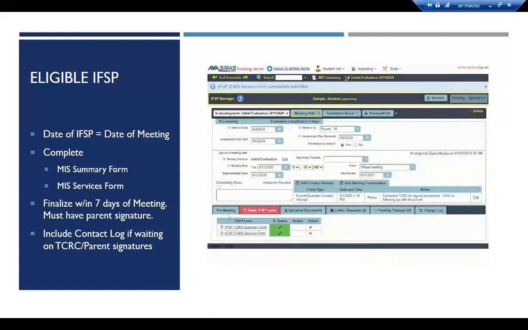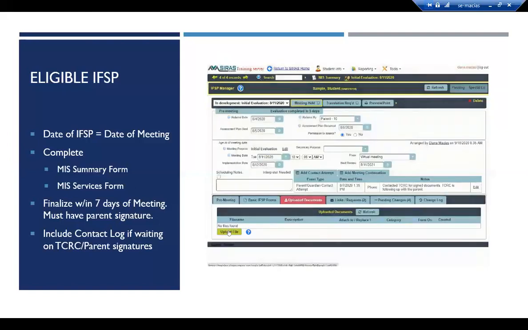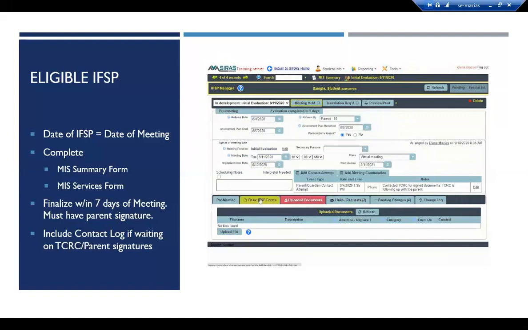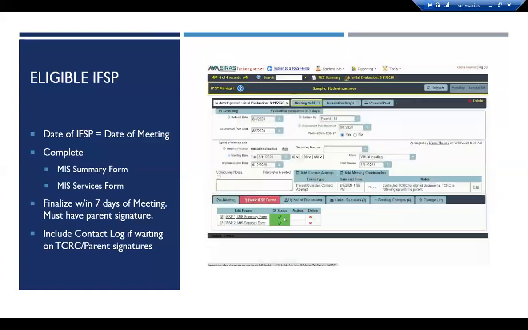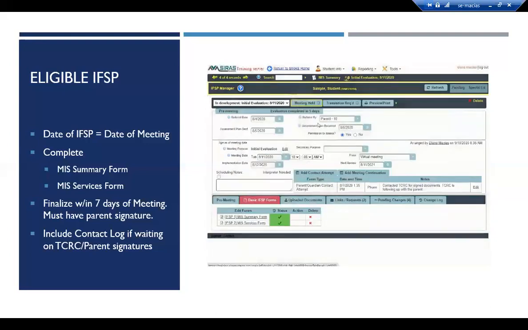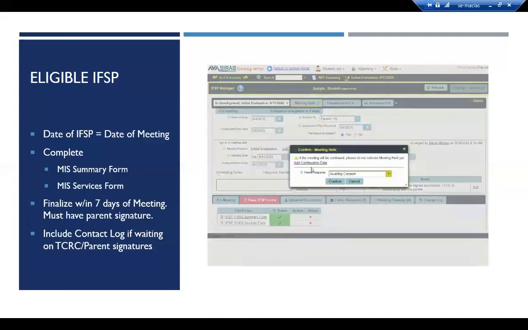Now you're going to make sure that has the green check marks, and you're going to upload any documents. Again, you can attach it to the forms, whether they're basic or pre-meetings, and you can title it and choose and upload. You're going to make sure that all the forms are complete, nothing's missing, all the signatures are complete, and you're going to select meeting held. Again, in this case, the parent response would be changed to accepts the plan because the parent did sign it